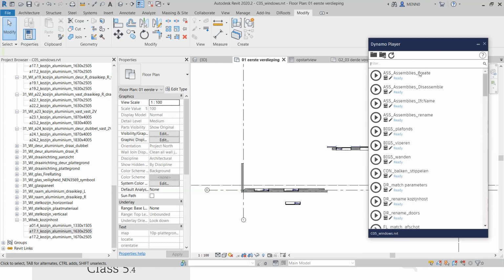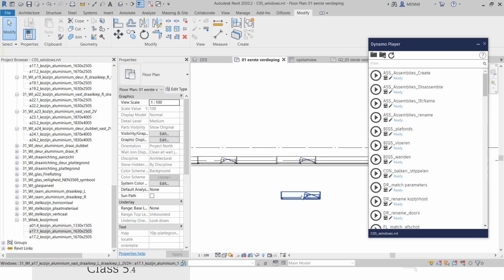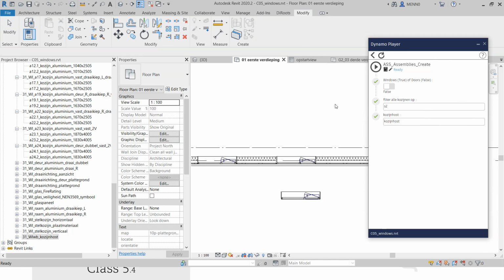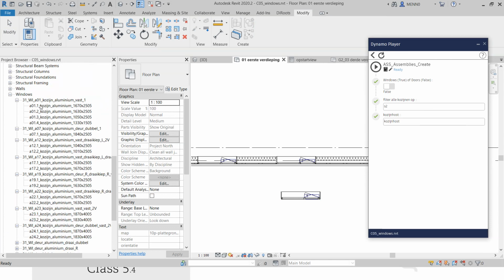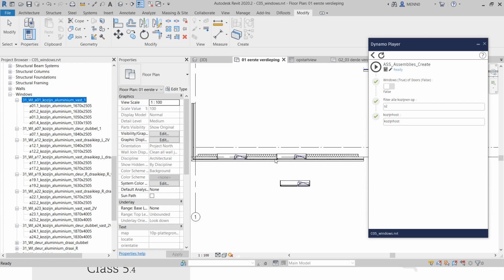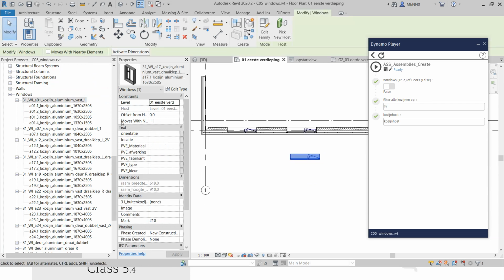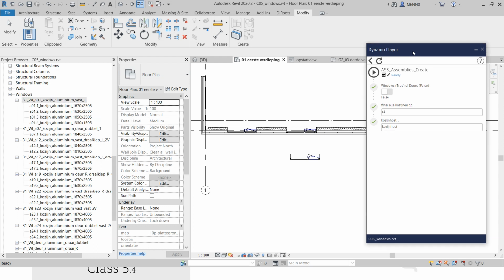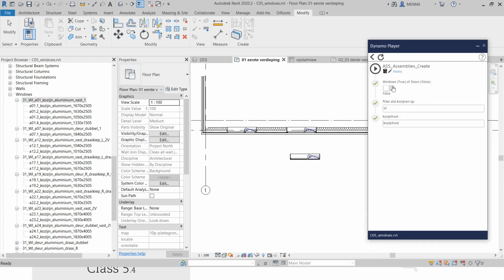Dynamo, where we have assemblies create, disassemble, IFC name, and we don't really need that one. So, assemblies create. I have found out that there might be a bit of a glitch, and also this graph will take some time. So what you should do is create assemblies one family at a time. Because this one is for doors and windows as well, I have a toggle, a button that says let's get windows, and let's say